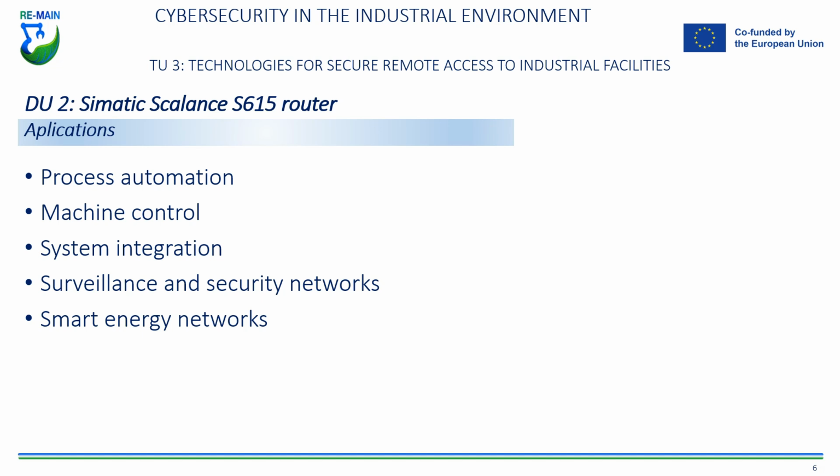Machine control. The Scalance S615 is also useful in machine control applications in industrial environments. The router can be used to connect machine controllers and input, output, I/O devices to a network, allowing for remote monitoring and control of machinery. Additionally, its rugged design makes it ideal for use in harsh industrial environments, where vibration, temperature fluctuations, and humidity are